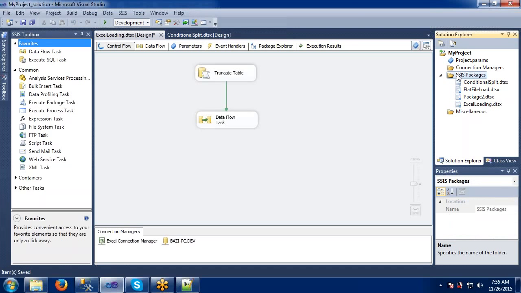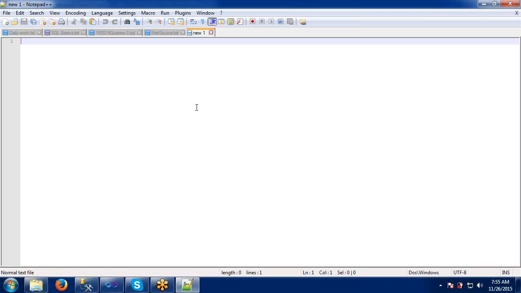Okay, fine. So I have some other requirement. How can we do all these things? Let me explain. I have some flat file as source.